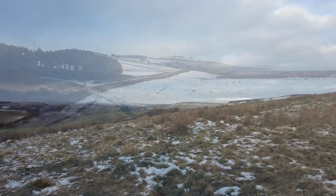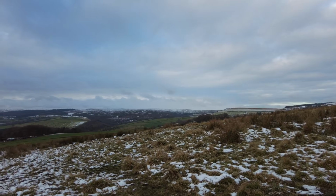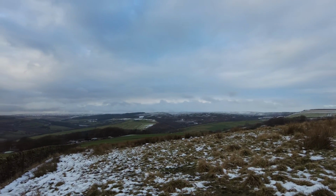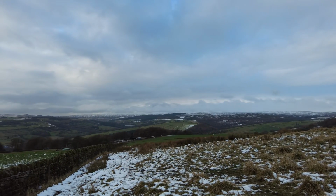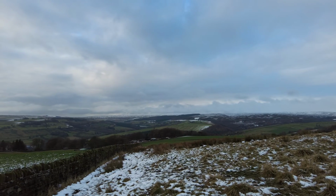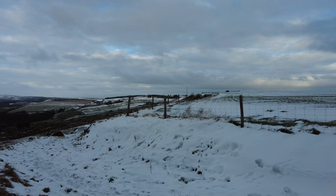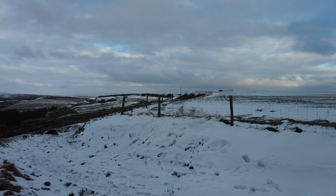Up from High Bradfield, still a bit of snow, we're on the snow line, but what a fantastic view that is. Don't know how good the camera's picking it up, but that's looking across to the moors on the other side, out towards Derbyshire. Tier 4, Derbyshire. We're certainly above the snow line here, but that view out there